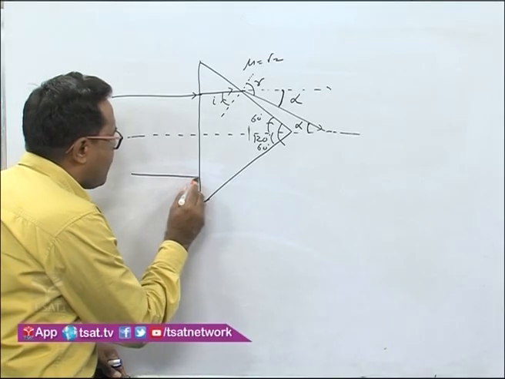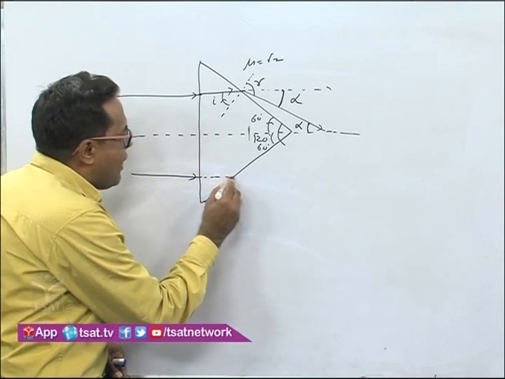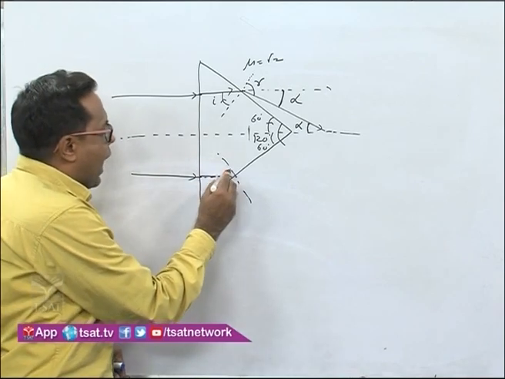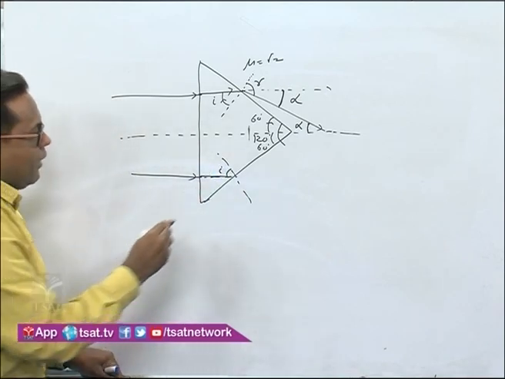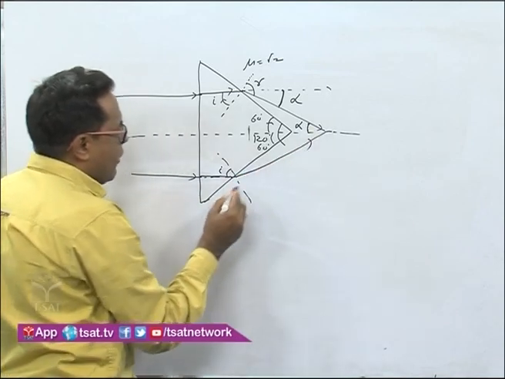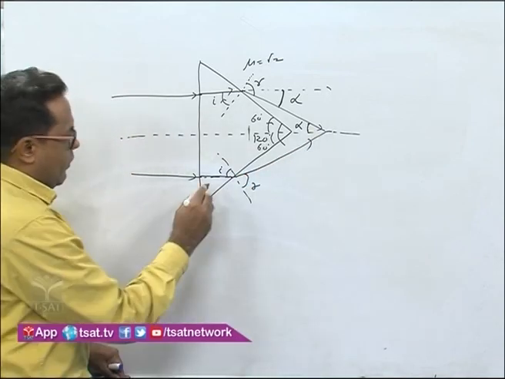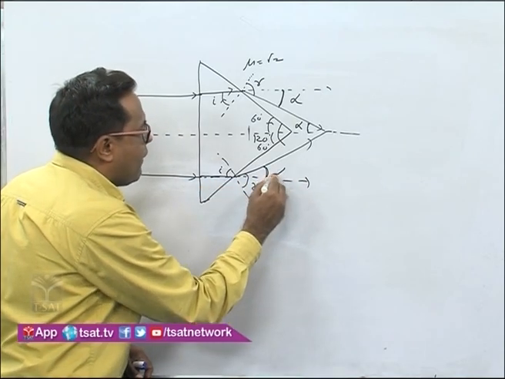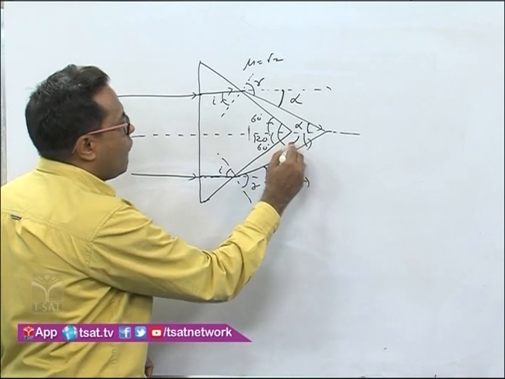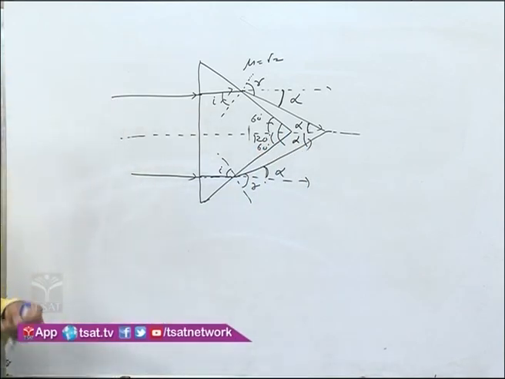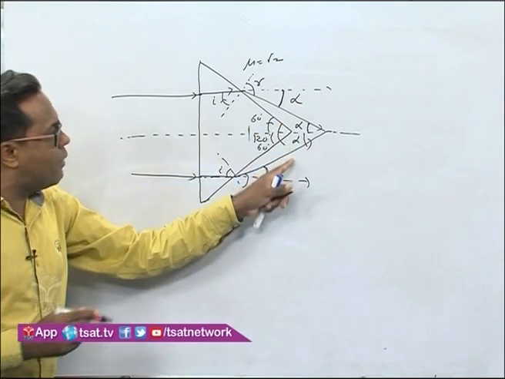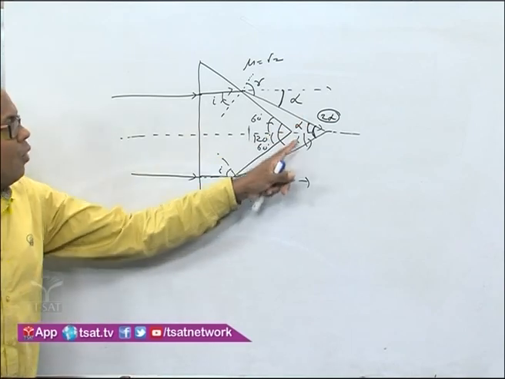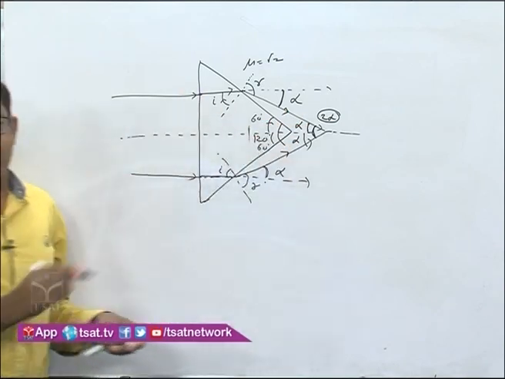Now we can take the second symmetrical ray, according to the question, the second parallel ray, again like this. We do the same process here. Again it will go undeflected over here. We draw a normal over here. Then this will be the angle of incidence, and it will bend away from the normal like this. This is the angle of refraction, and if this prism was not present, it would have moved straight. This was the angle of deviation alpha. If this is alpha, then this is also alpha, and therefore we can say the angle between the two emergent rays is 2 alpha, which we have to calculate.